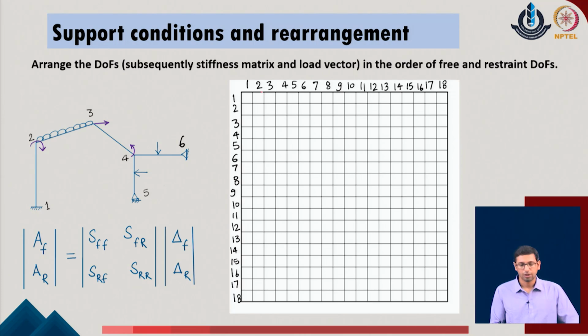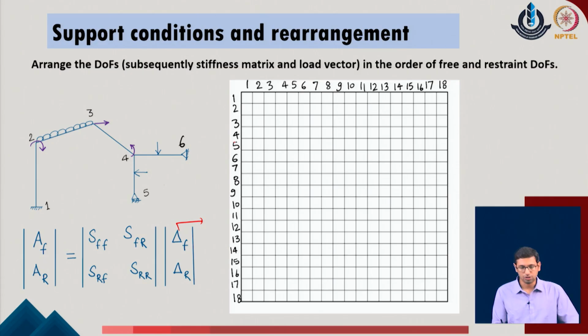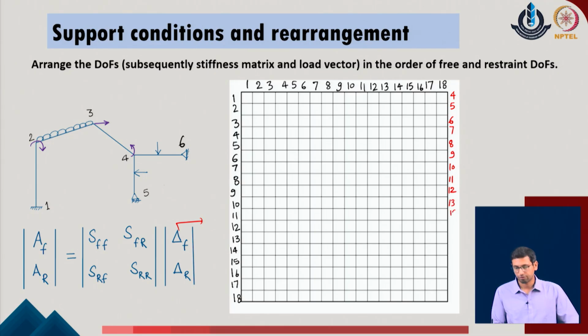So, as a next step, what we do, the individual degrees of freedom which were arranged in the order of 1 to 18, we will just change their standard arrangement by keeping first the degrees of freedom which are free, which means that now free degrees of freedom which have been just defined in the previous slide as 4, 5, 6, 7, 8, 9, 10, 11, 12, 13, 15 and 18 will be written first, which means that I will change the order of all the rows in the system such that the row number 4, 5, 6, 7, 8, 9, 10, 11, 12, 13, 15 and 18. So, these rows will be written first in the given system.